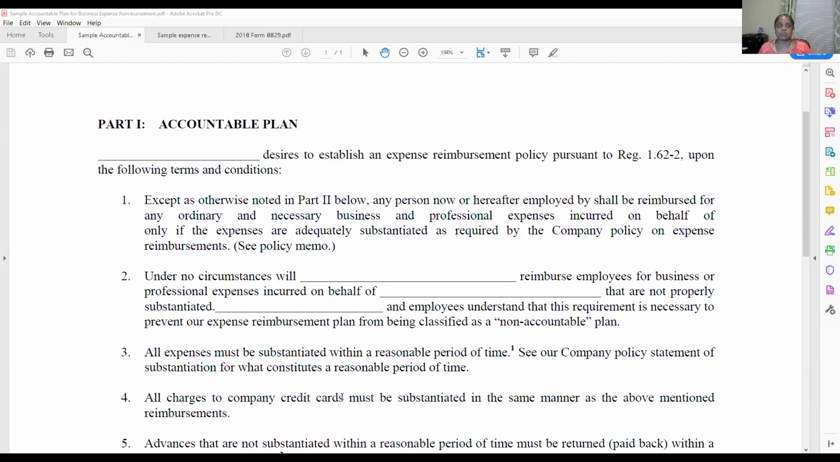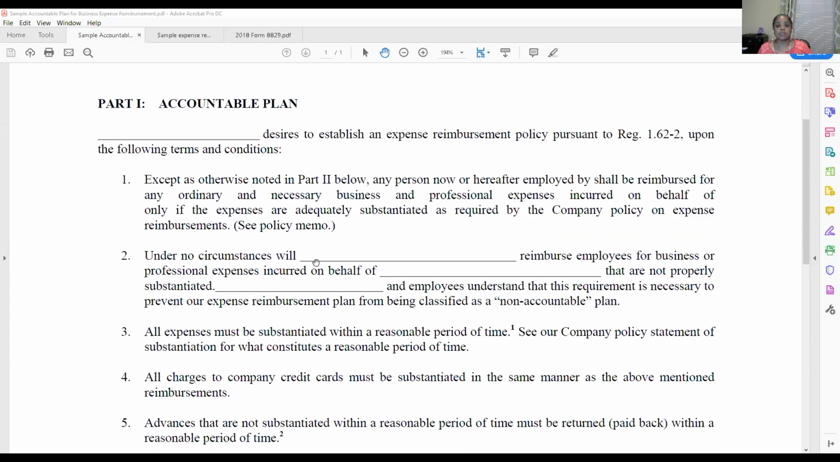Now you can have some exceptions, like this one's a contractor, and this is why they're not included in it. But you're going to have a specific policy. We don't care about that. We care about who can do it, right? Because we want to get the reimbursement. So under no circumstances will this company reimburse employees for business or professional expenses incurred on behalf of the company